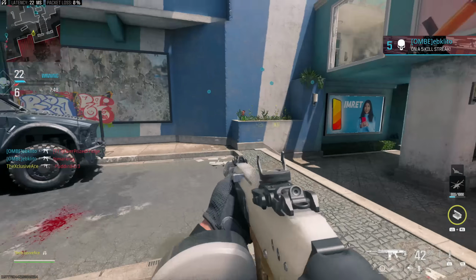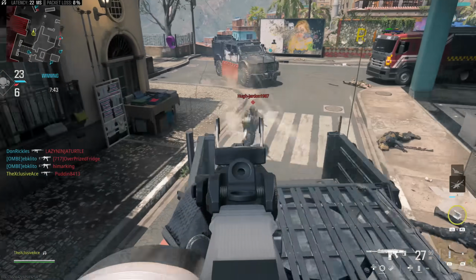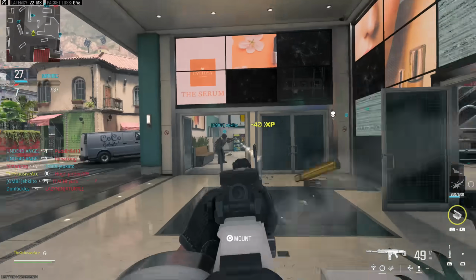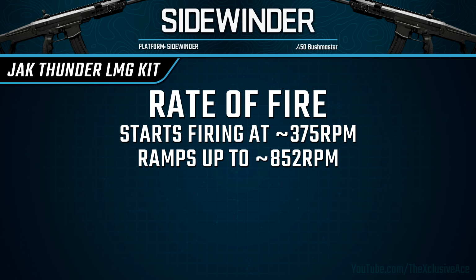Let's start it off with that rate of fire that just ramps up over time. How exactly does this work? Does it ramp up after X number of shots fired, or what exactly happens here? Well, it turns out when you first start firing the gun, it will fire at roughly the standard fire rate for the Sidewinder, which is 375 rounds per minute. And then from there, it will ramp up to about 852 rounds per minute